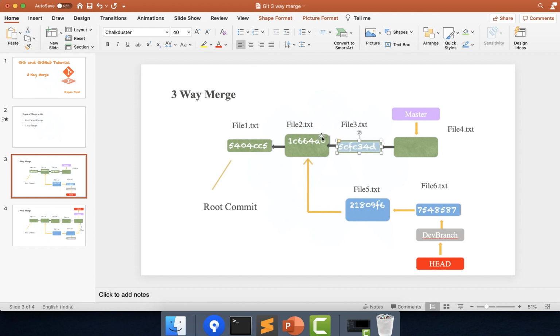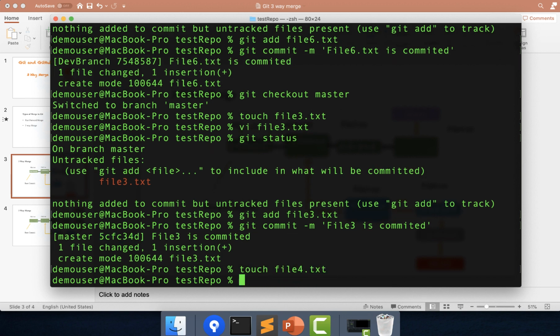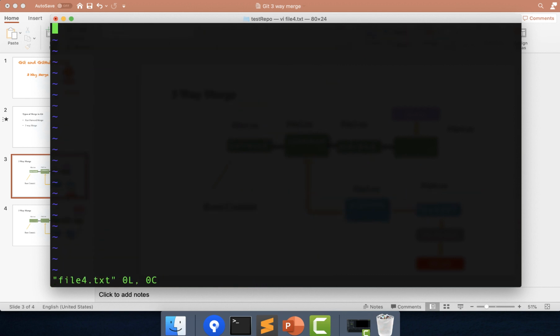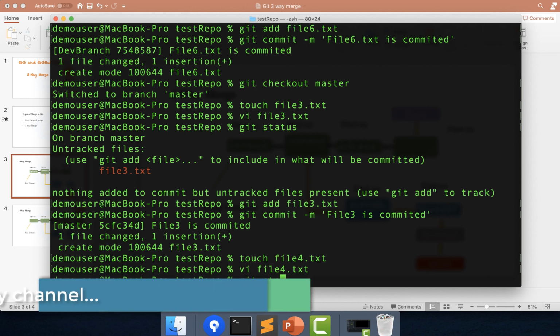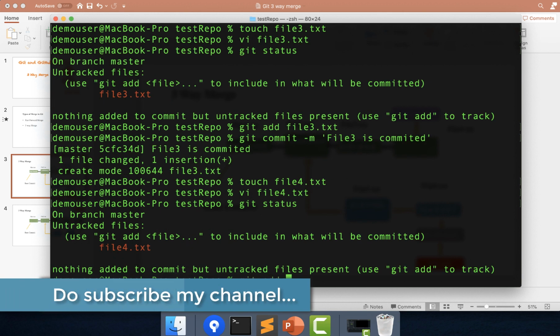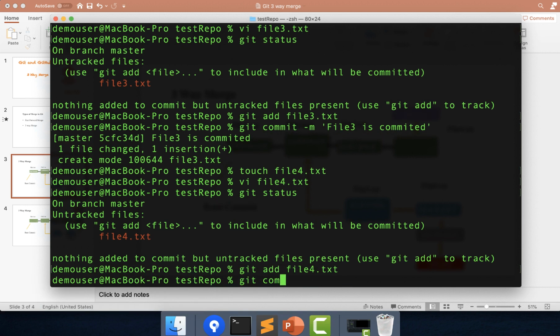So this is the structure we are forming just to do a last commit operation. So just bear with me for some more time. So I will again quickly create one more file with file4.txt, and I will do again an edit operation on file4.txt. Say file4.txt is created. It is created. If I check the status, it is untracked. So I will just quickly stage it by typing file4.txt. It is staged now, and I'll commit it now.